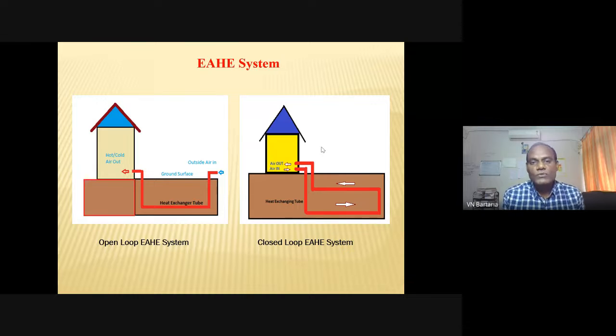So we need not use any high grade of energy, or we need not use electricity for the cooling and heating of air. No great temperature differences can be obtained, but a substantial, appreciable change in temperature of air can be obtained through these systems, and both are effective systems. They are proven systems. Many researchers have worked upon these systems, and they have found that systems are reliable, effective, efficient, and they are the future technologies.